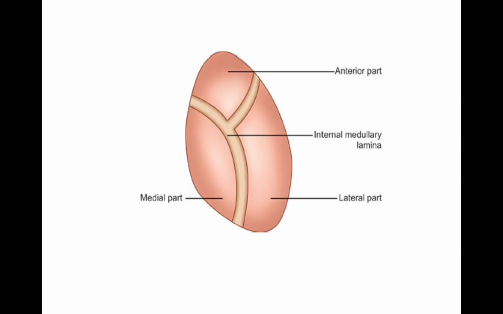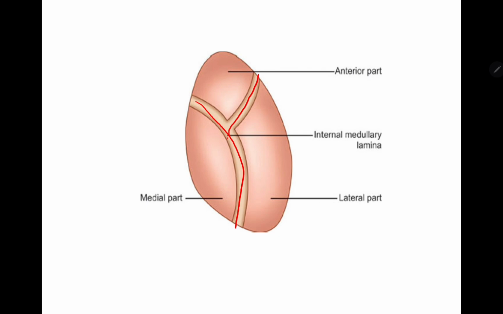Now, next, you can see an image here. This is a simple image of the thalamus, a simple layout of the thalamus, which is the brain's relay station. Most sensory information passes through it before reaching the cortex. It is divided by the internal medullary lamina. This is the internal medullary lamina. We were talking about the Y-shaped sheet, right? This is the Y-shaped sheet.